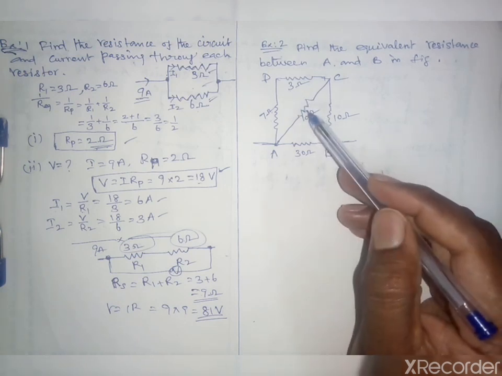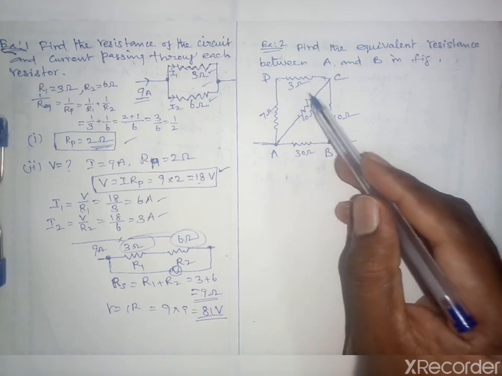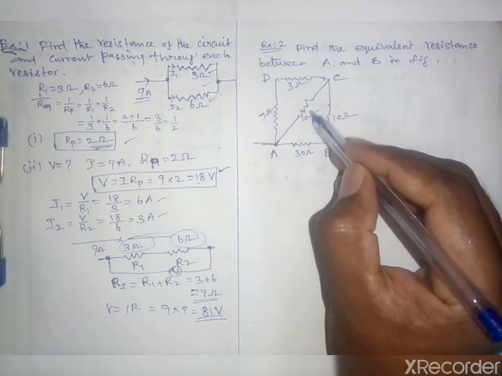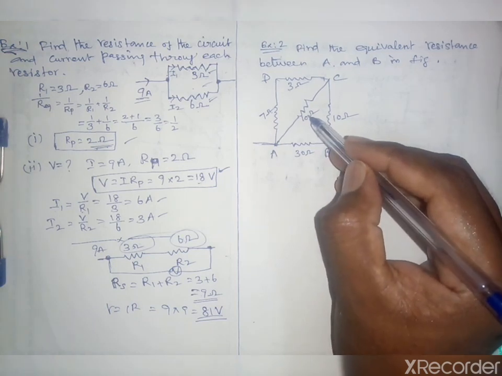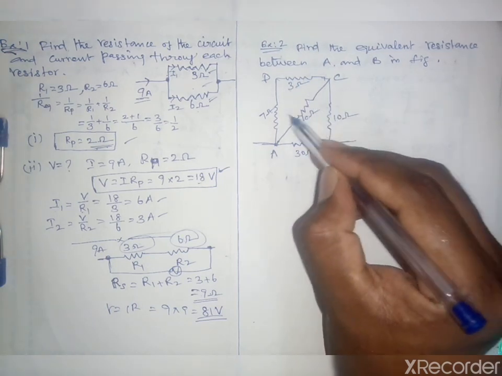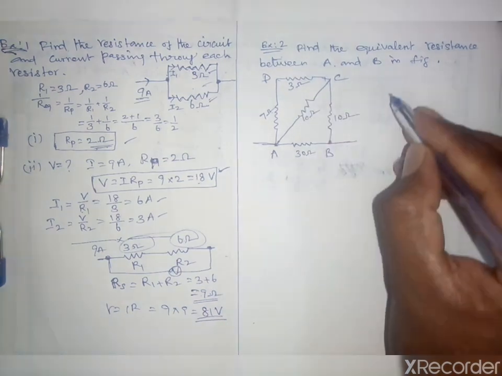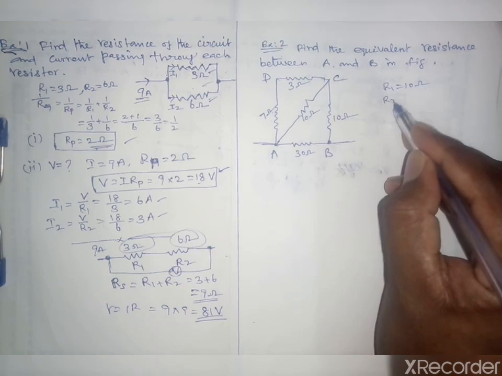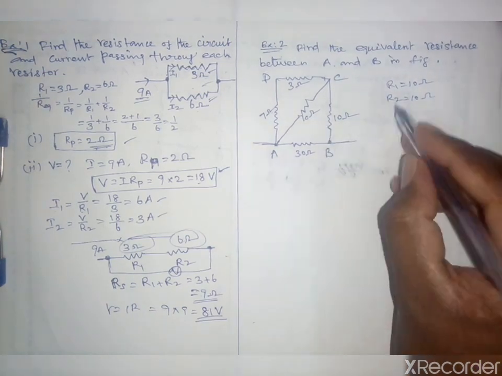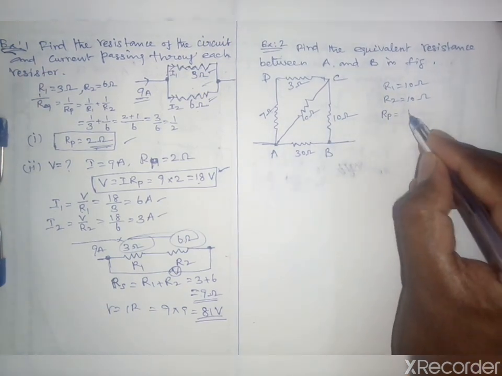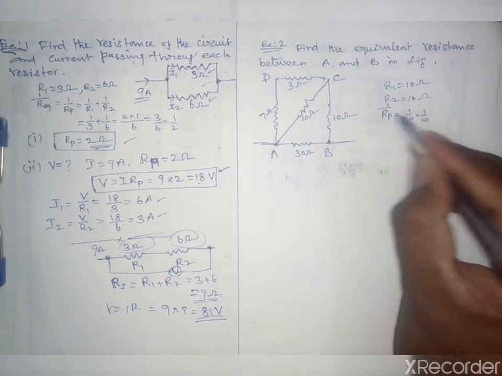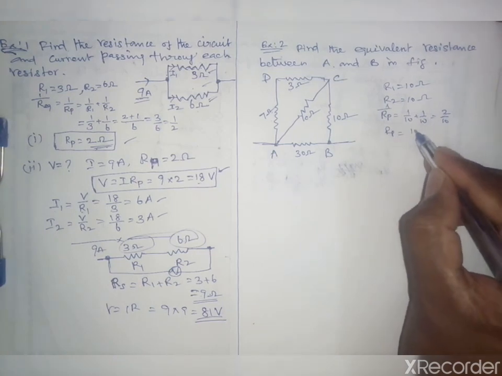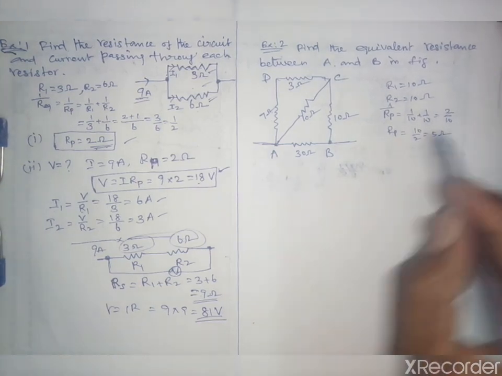So what will be the resultant equivalent resistance between these two branches. So here is 7 plus 3, 10 ohm, here 10 ohm. So by taking two resistors of each 10 ohm, which gives the equivalent will be 5 ohm. We know here if you take R1 equal to 10 ohm, that is 7 plus 3, 10 ohm, and R2 equal to 10 ohm. So this 10 ohm, and equivalent RP equal to 1 by 10 plus 1 by 10. So that is 1 by RP equal to 2 by 10. So RP equal to 10 by 2, which is equal to 5 ohm.